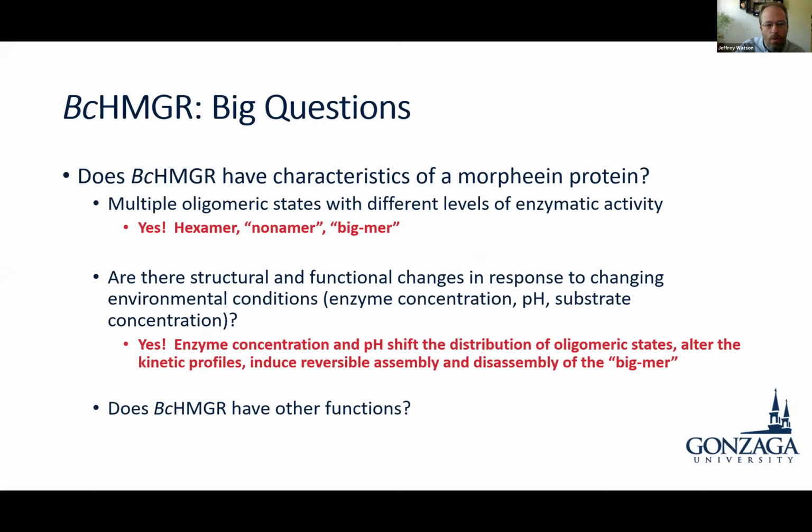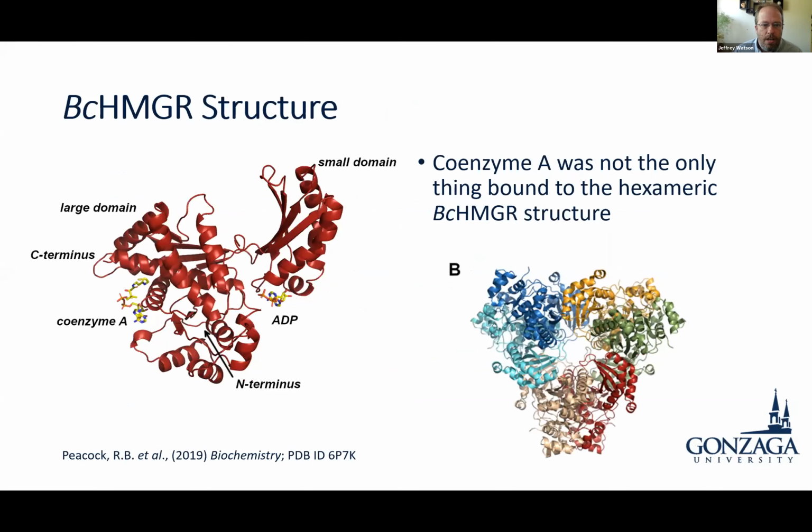So what I want to talk about right now is whether or not BCH-MGR has other functions. And so we were able to determine the crystal structure of BCH-MGR, and we got a surprise. We co-crystallized with coenzyme A, but we also found ADP bound to the enzyme as well. And this wasn't a huge surprise where it bound, since this is exactly where the ADP moiety of NAD+ would bind, but no HMGR has ever been shown to use ATP or